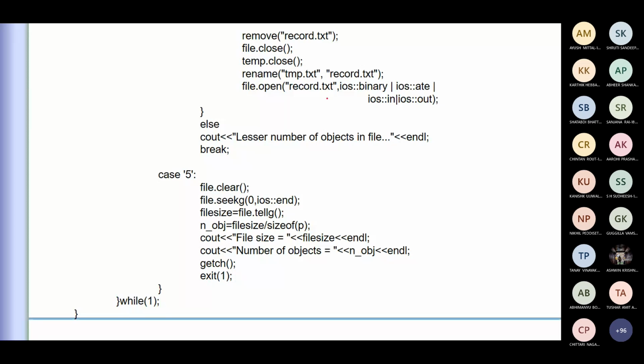Okay, now what is the fifth one? Fifth one is very simple. It's exit. You want to come out of whatever file operation you're trying to do. This is optional, you can do exit in a different method. You're just displaying how many objects are there and so on. Basically you're coming out of that particular operation whichever you want to do. So this is how you can do it in your file operation.